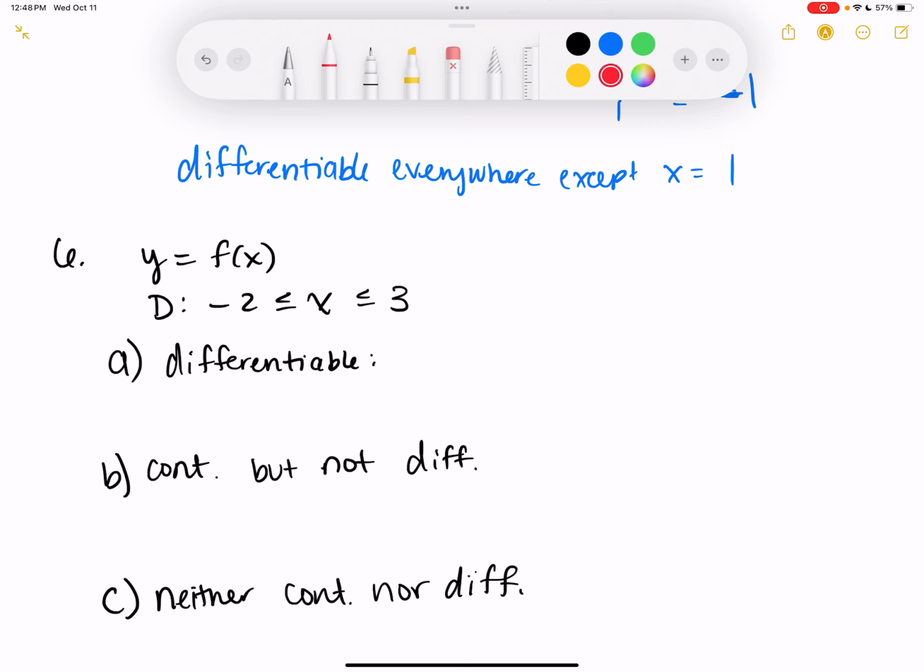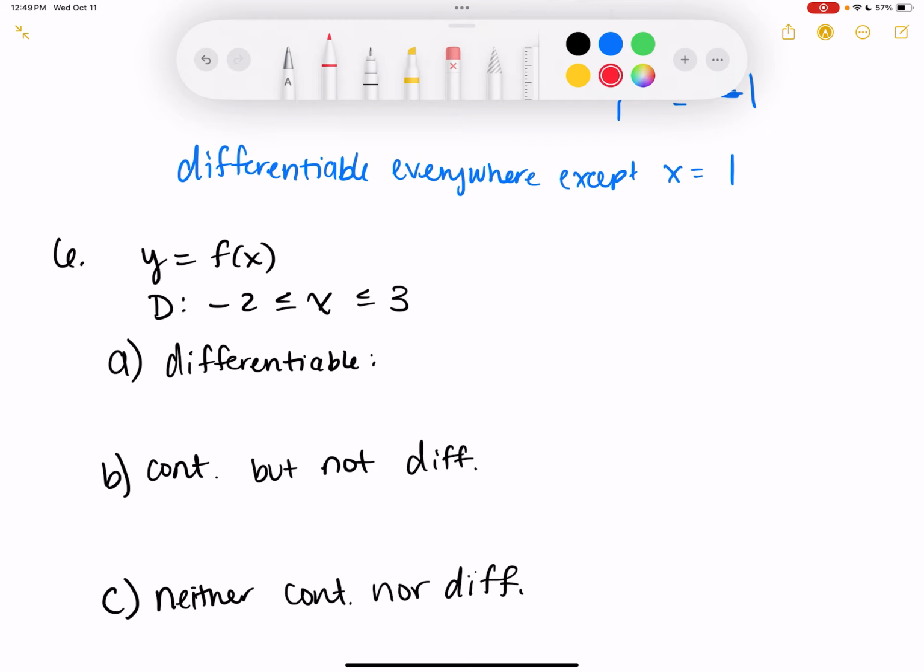All right, so the first thing is going to be differentiable, and pretty much the only places that's not going to be the case is when we have a jump, where the graph goes from up here to down here, and being filled in or not filled in. Anywhere where there's a hole in the graph,